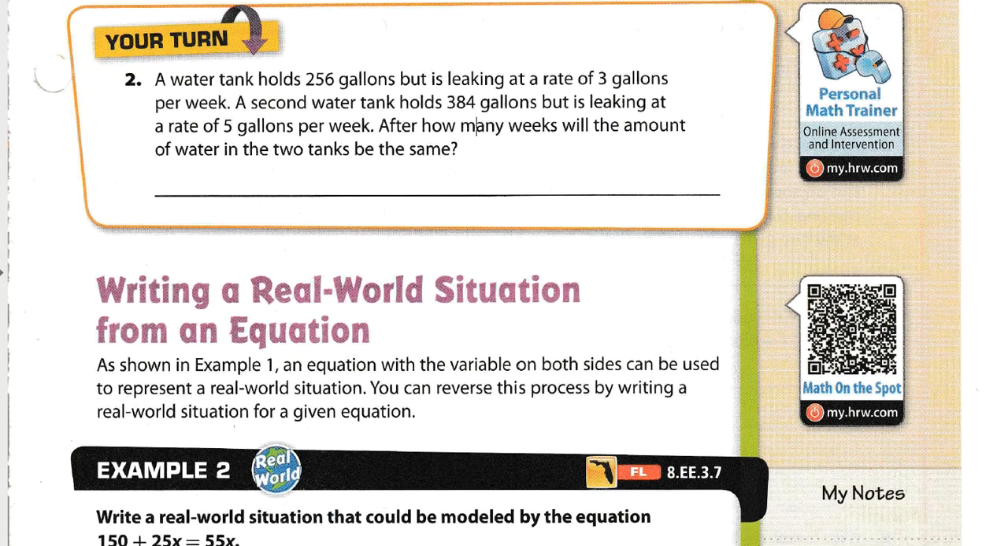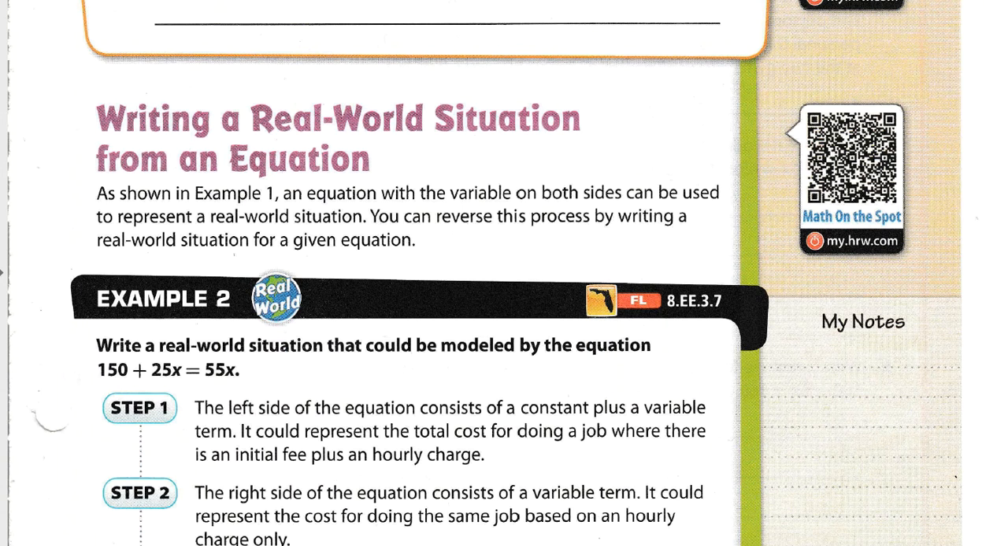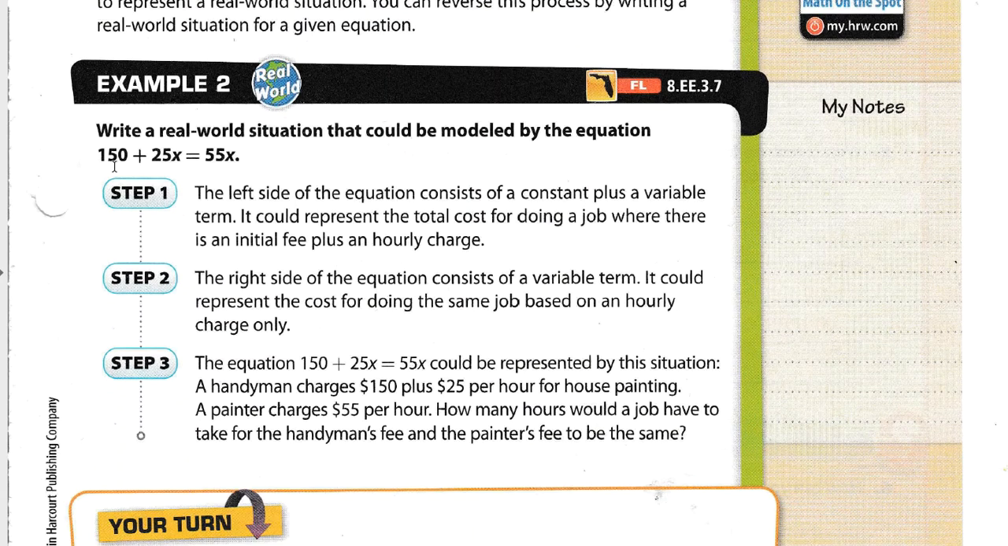In example 2, they're asking us to write real-world situations from the equation, not just take a real-world situation and generate an equation, but now we got to go back the other direction. All right, so let's see. 150 plus 25x equals 55x. So what we have is some kind of an initial value, 150, and some kind of a rate, so 25x. And on the other side, we don't have an initial value, but we do have a rate, 55 per whatever. Okay, and this could be something per hour, or